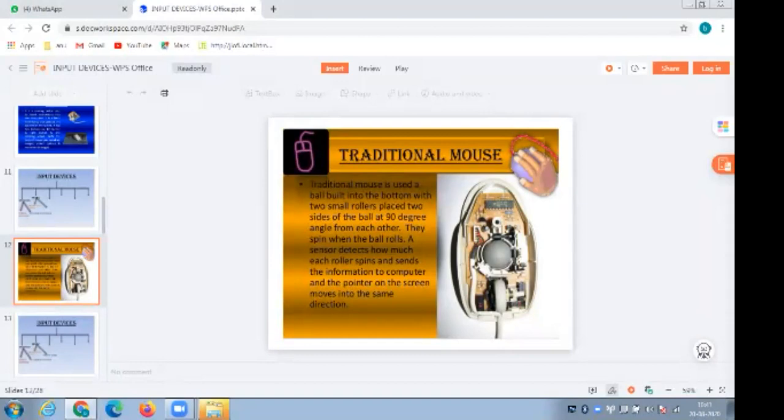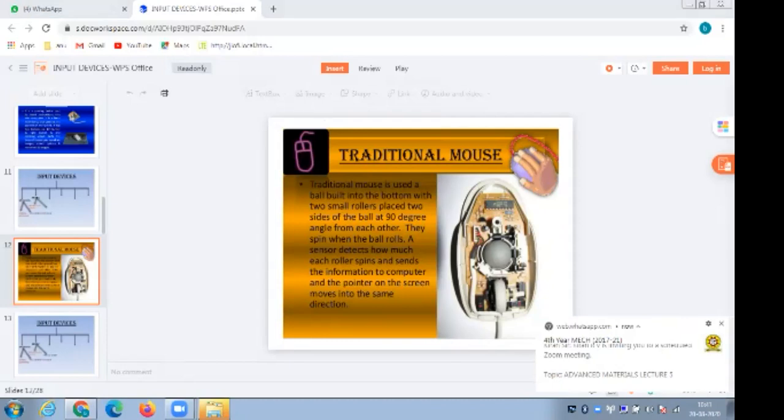So we have a sensor in the traditional mouse which detects how much the roller spins and how much information needs to be sent to the computer. Using this sensor, the detection is done, and then we send the data to the computer, and the pointer on the screen moves in the same direction.